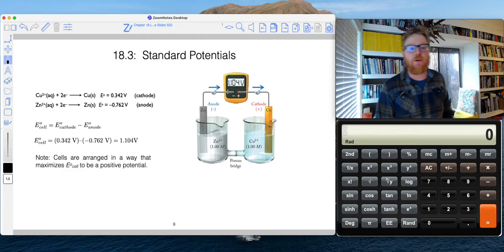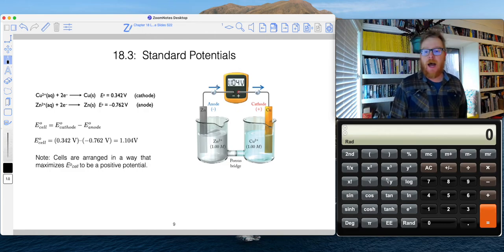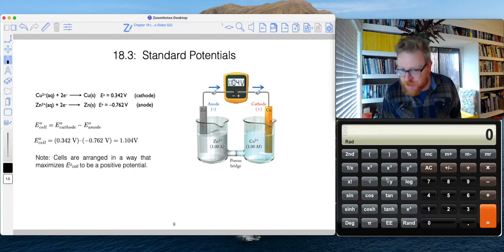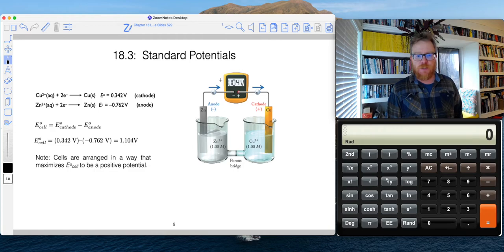Along with this standard reduction potential, here is an example. I'm going to walk us through how we calculate our standard cell potentials from the standard reduction potentials. Just to point out here, we've got the same example that we've seen before, where we have